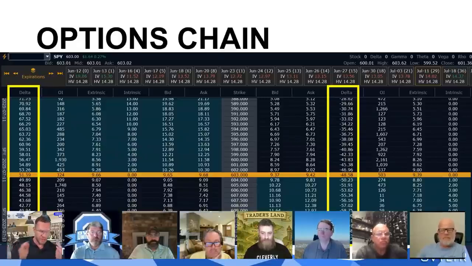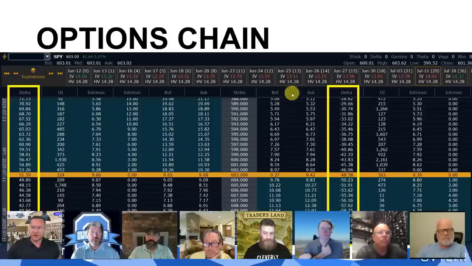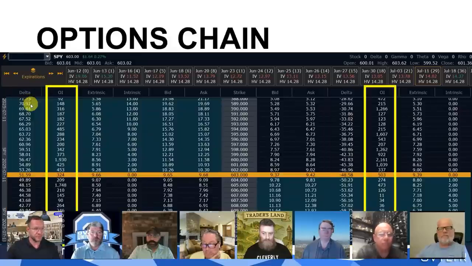And generally when I trade, I look for the 80 delta. You can figure out a different delta that works for you, but man, does it make it simple. When you're logging into a broker platform and you say, I like to trade the 80 delta, I don't look anywhere else. Like all of this is noise. The only area I'm looking at is the top left corner. And in fact, I'd have to scroll up to get to the 80 delta here. So that makes life a lot easier if you know what you're looking for.